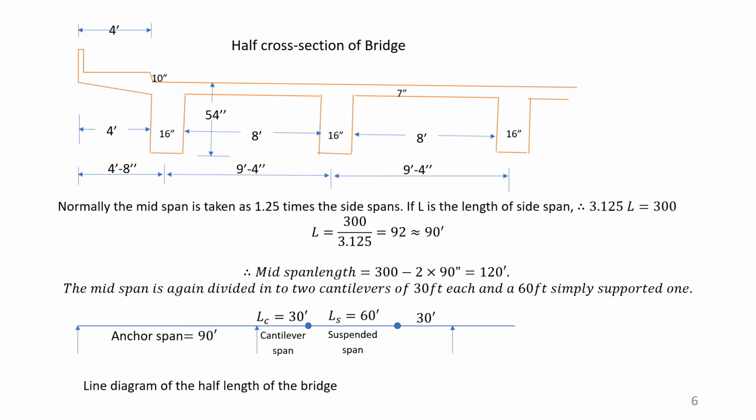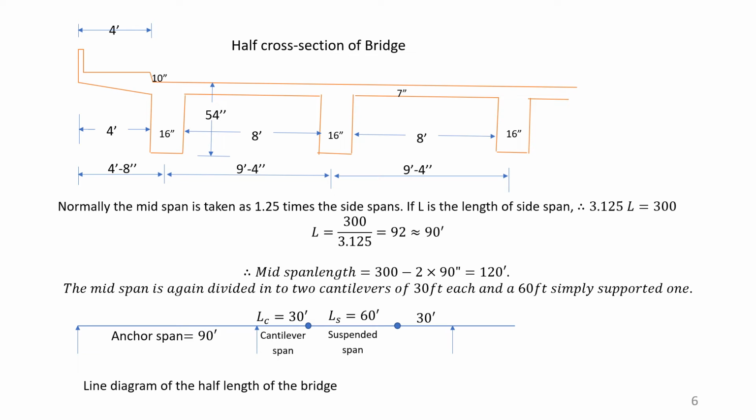That is why the end span is, as you see in the bottom figure, the anchor span is 90 feet, and the middle span is 300 minus 90 minus 90, which remains 120 feet at the middle span. The middle span is divided into cantilever parts and a simply supported 60 feet bridge. The 30 feet is the cantilever part of this anchor span, the left span, and the middle portion is the simply supported